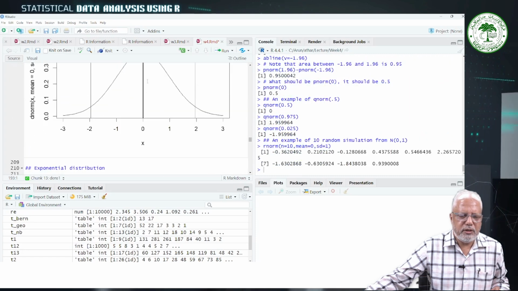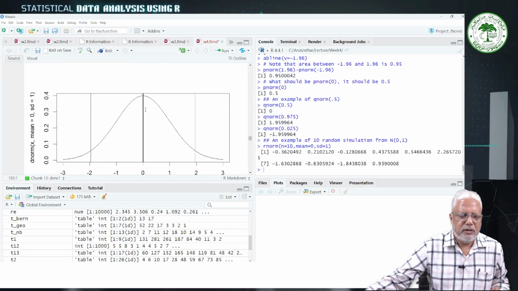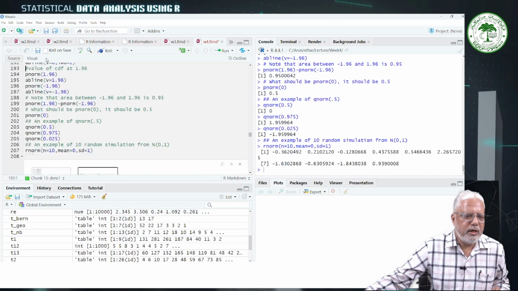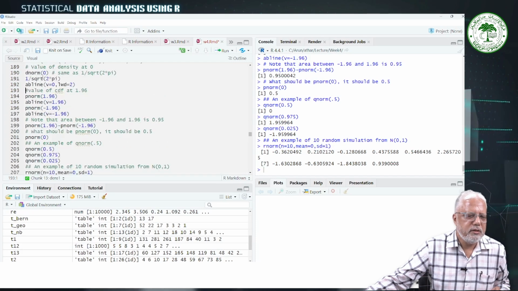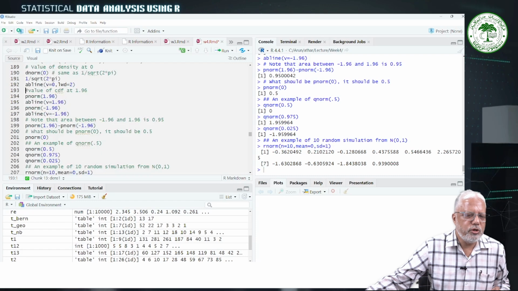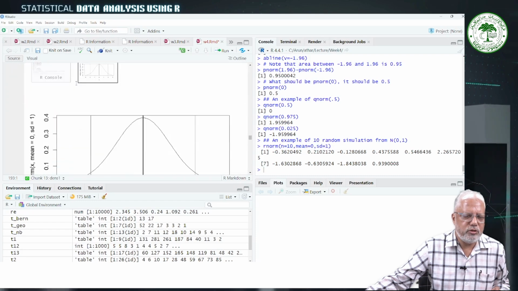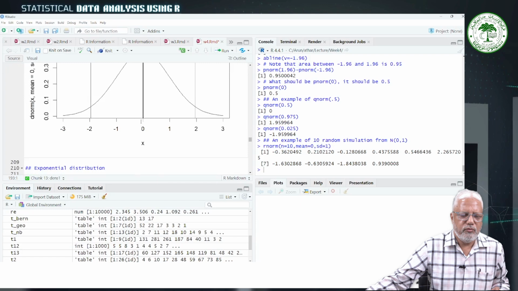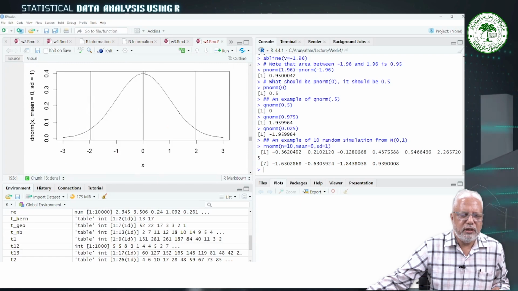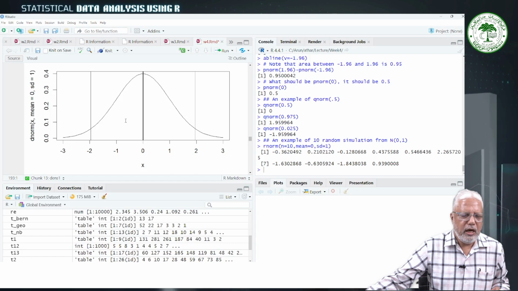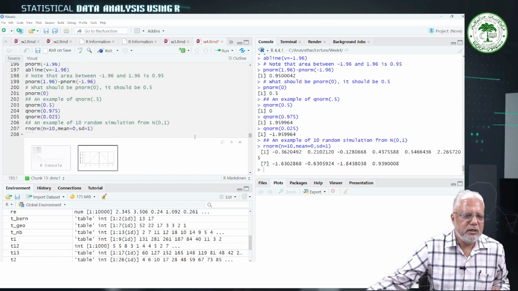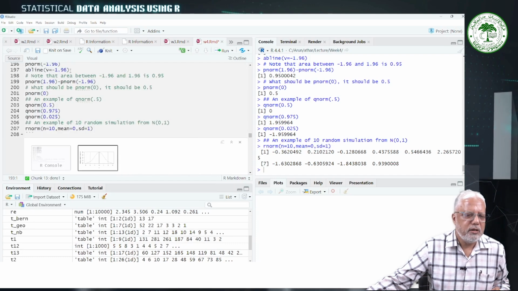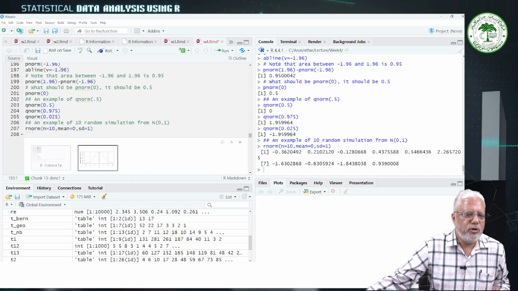See, this is the vertical line, the output of the command abline v is equal to 0, with line width 2. And these are the lines at v is equal to minus